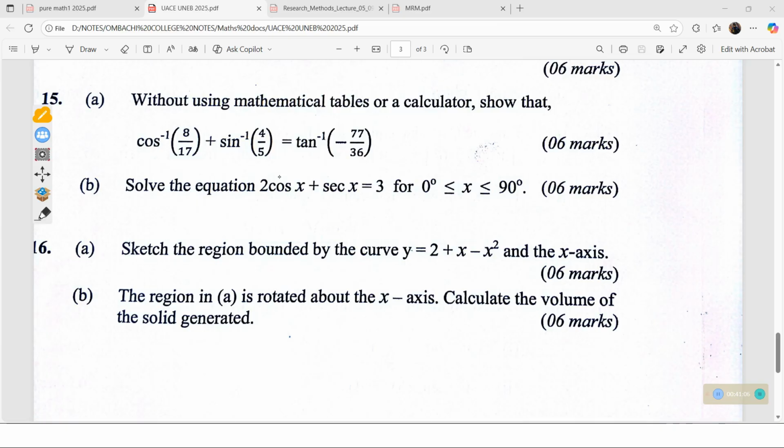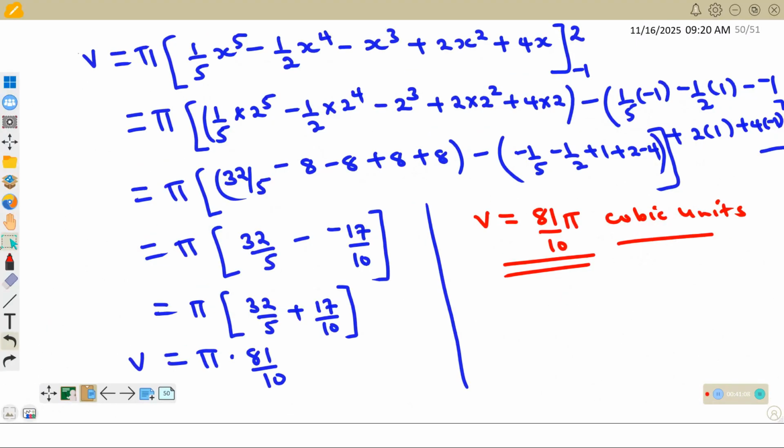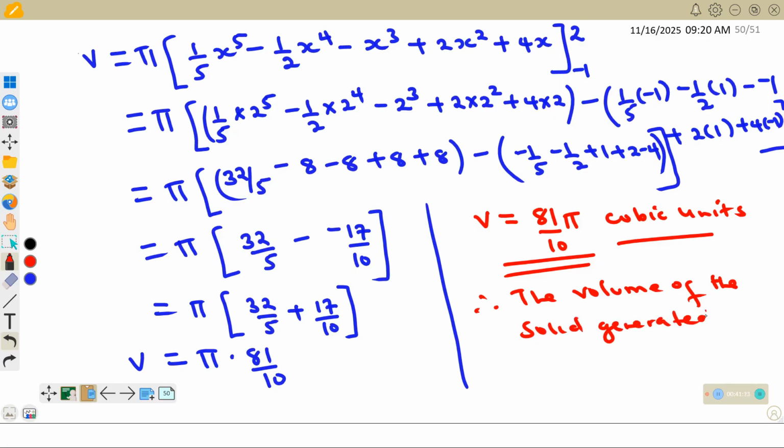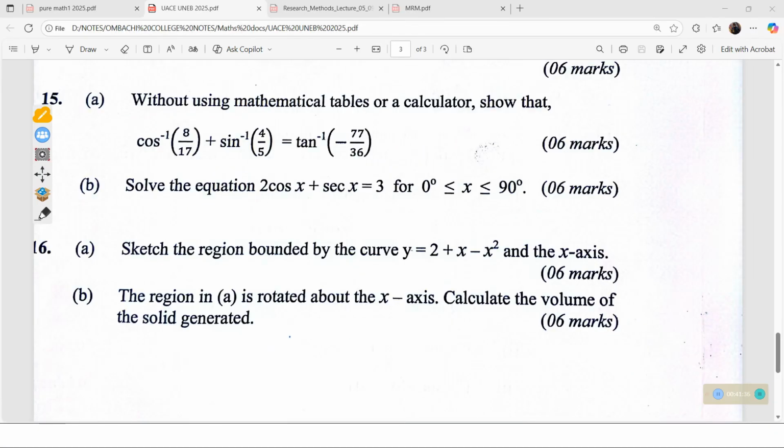So the volume of the solid generated will be that. Therefore the volume of the solid generated is 81 over 10 pi cubic units, and that will be the required answer for 16 part B. So from here we shall have looked at all the questions for pure mathematics from question number 1 up to question number